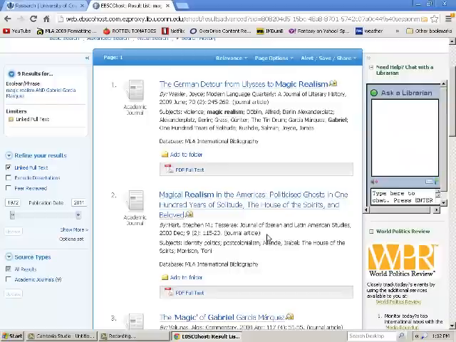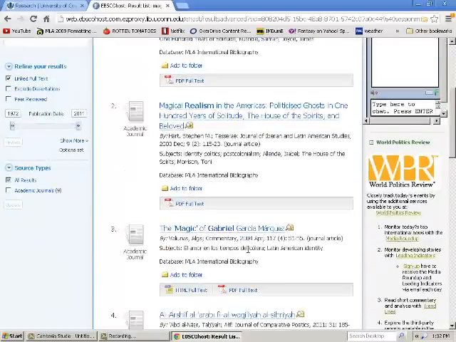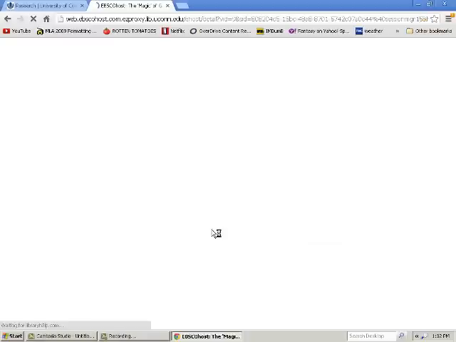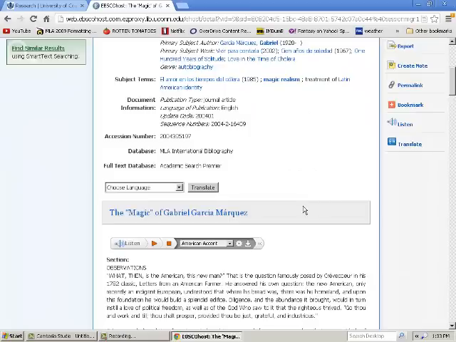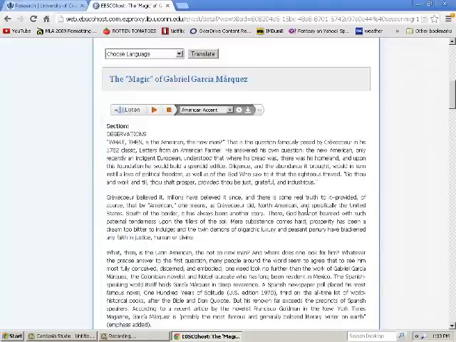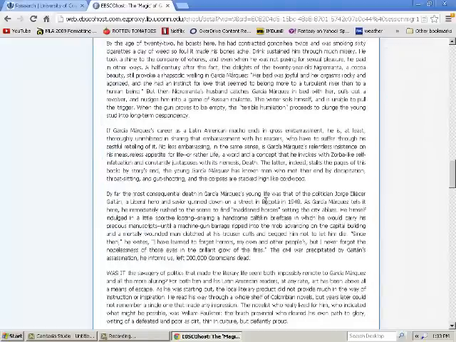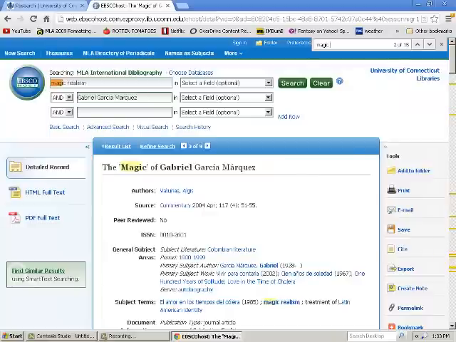So just looking at these first 3 and browsing, I think I'm going to pick the third one just based on the name, and I'm going to click on it, and I have the publication info here, and as I scroll down I have the actual article. Now if I'm looking for certain keywords in this article, I can hit the Control key along with the F key, and a search box pops up. I can type in the phrase magic realism,